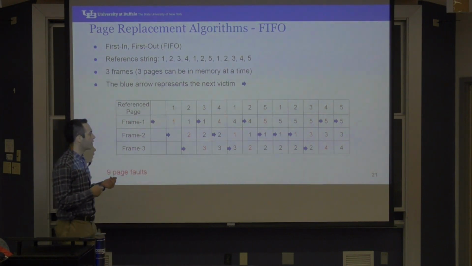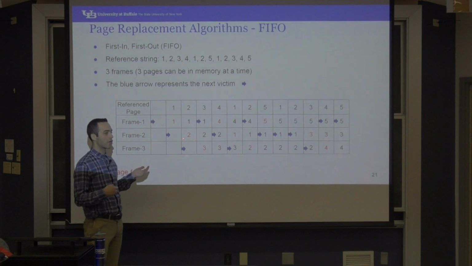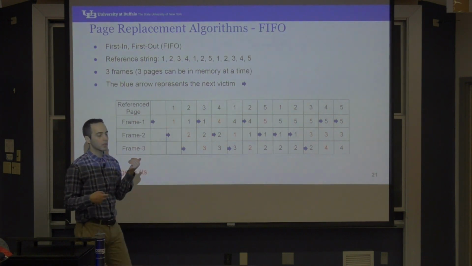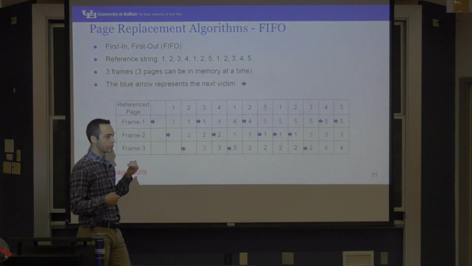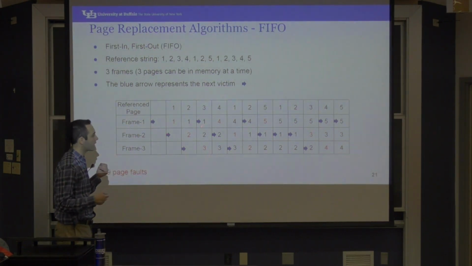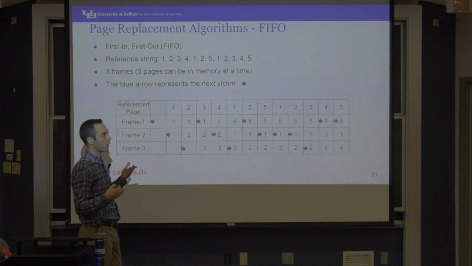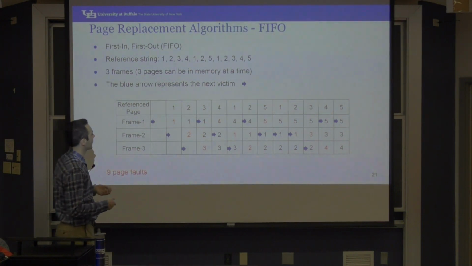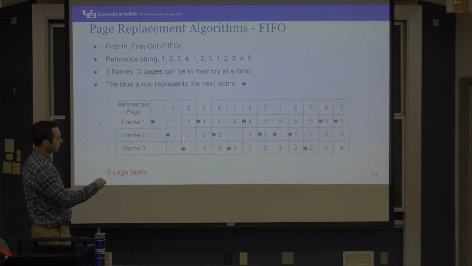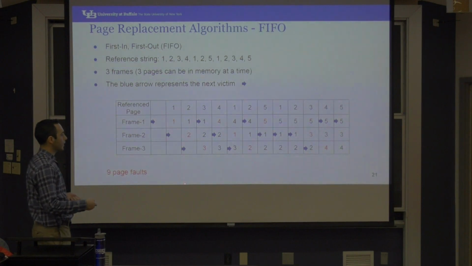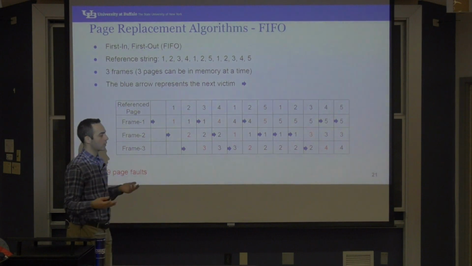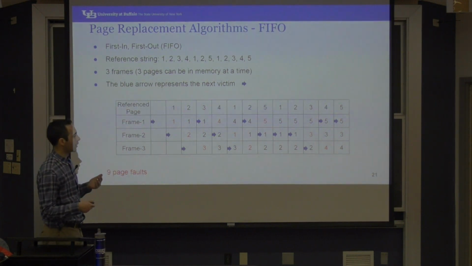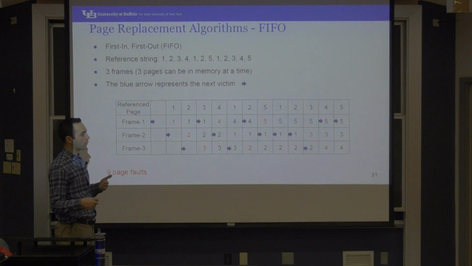Now, in the case when we have a free frame in a page miss, we only load the page into the physical memory. If we have to evict one of the frames, that's also a page replacement. So in this example, we had 1, 2, 3, 4, 5, 6, 7, 8, 9 page faults, and for the first 3 times we had available memory, free frames,